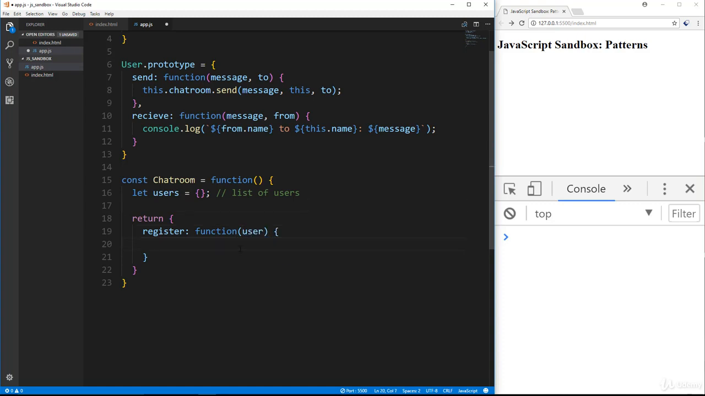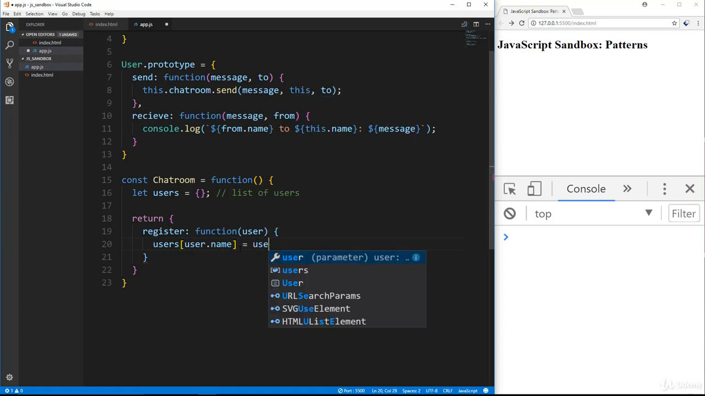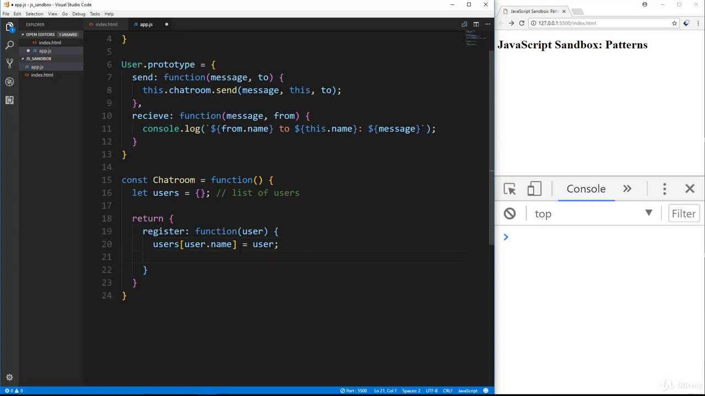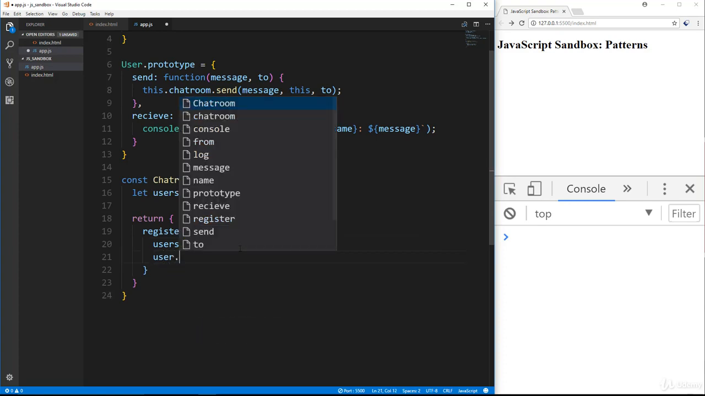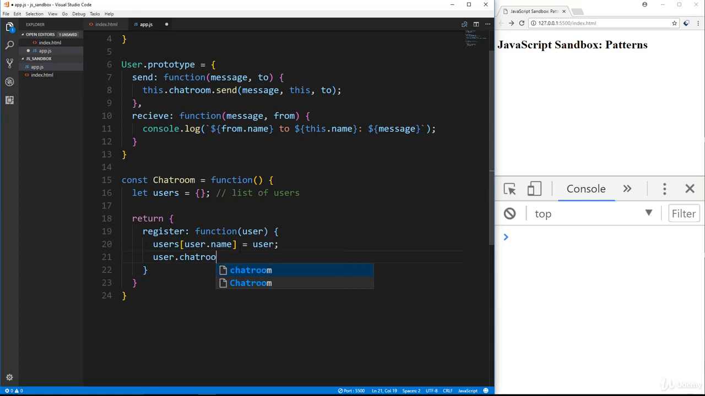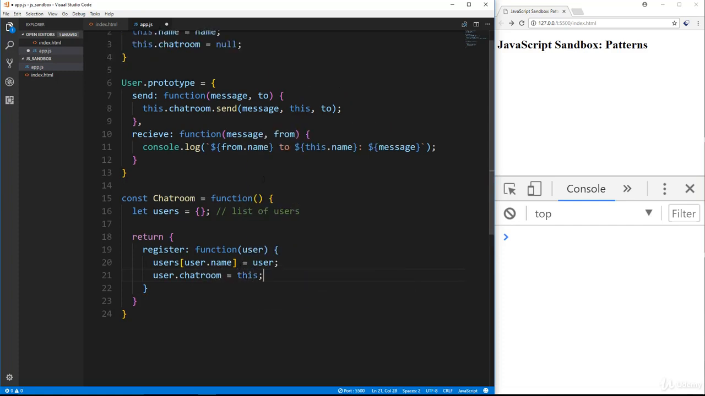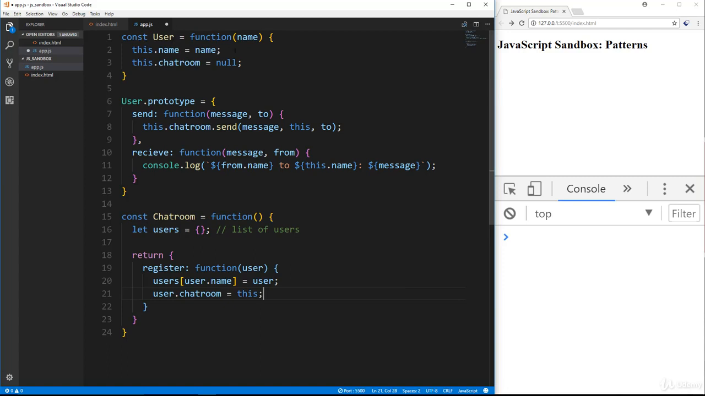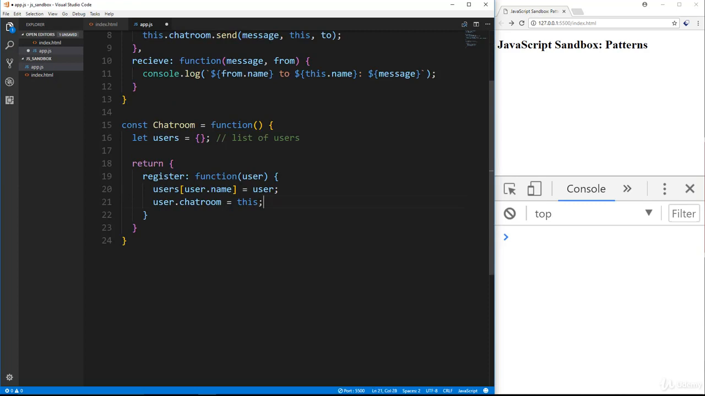Okay, and then we're going to set users, and as a key we're going to use user.name. So user.name, and we're going to set that to the user that's being passed in. And then we just want to set user.chatroom to the current chat room. If we look in the user constructor, this.chatroom is null by default, but now we're setting it to